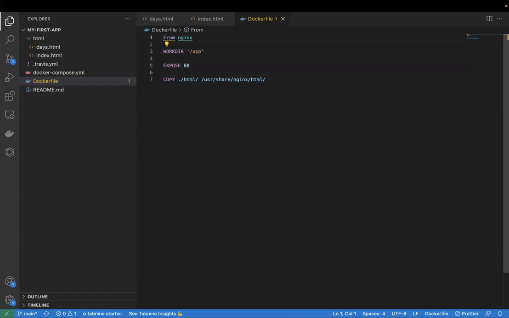So this means FROM nginx. Every Docker container actually starts from one particular base image. Here in this case, nginx is one image, and this nginx should already exist. When you say FROM nginx, this nginx is actually downloaded from Docker Hub.